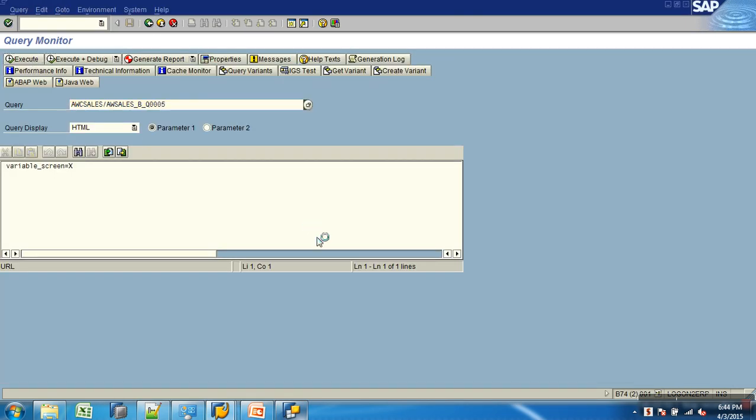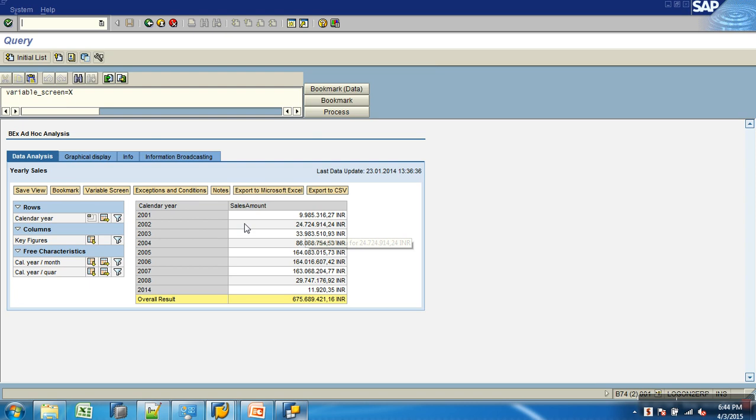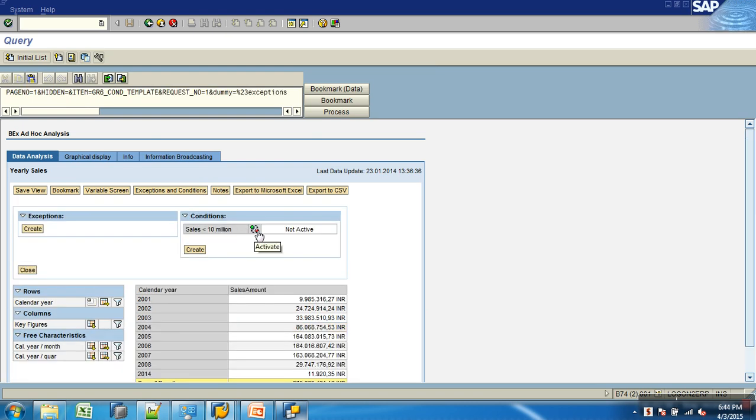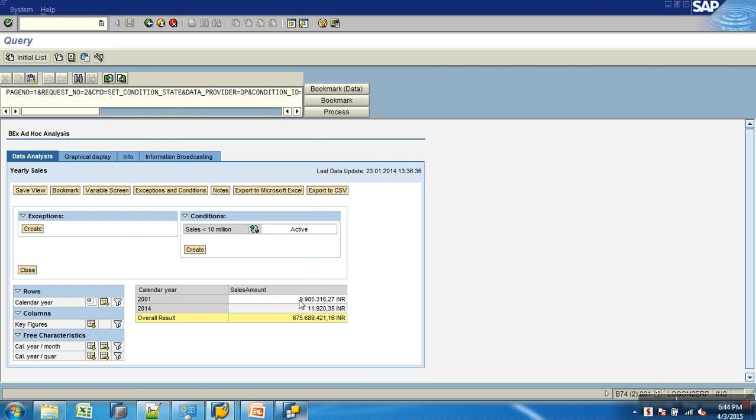First time when the query runs, the condition will not play. If you train the users, when they want to see only less than a crore, they just activate these conditions, so it will show them. The checkbox condition active indicates whether you want the condition to be playing on the query or not. If it is not playing, at any point of time, the user can switch it on or switch it off at runtime.